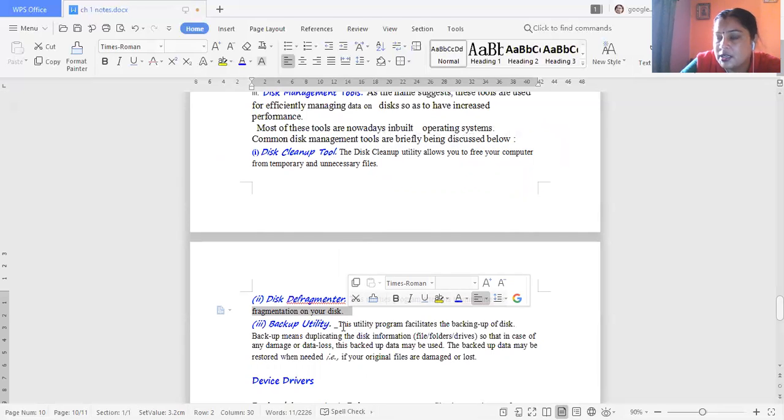Backup means creating a duplicate copy of files, folders, or any important information. In case of any damage or data loss, we can recover the data from the backup utility software.